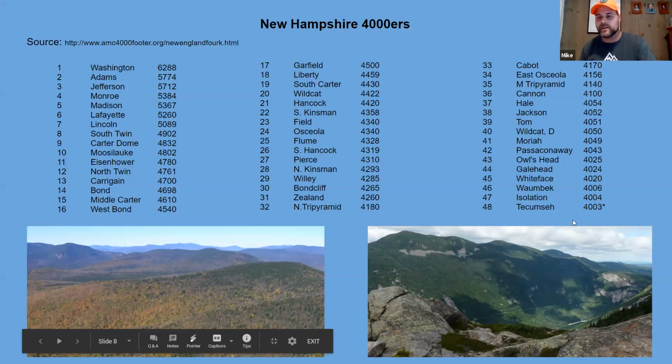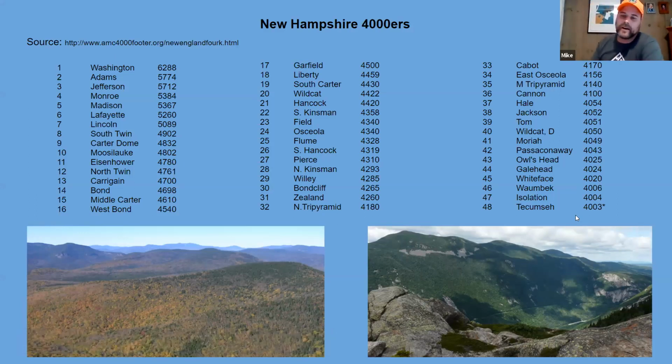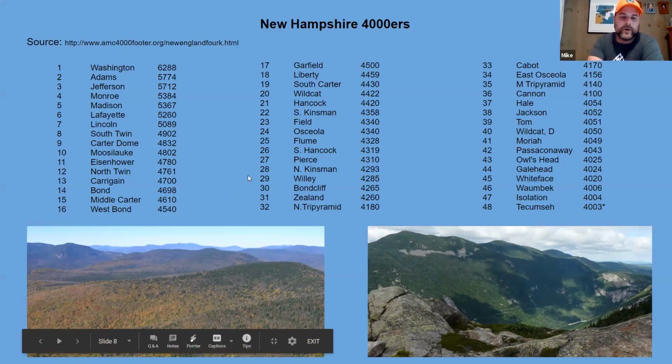They're right there, and you can see Tecumseh's over here with that asterisk still, as it is now about 8 feet lower than what's shown on that list. And this list comes from the AMC's 4,000 Footer Club. The one thing I will point out about this picture, so actually this picture down here, that's a photo from